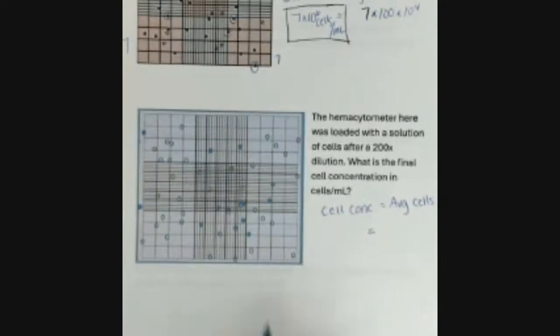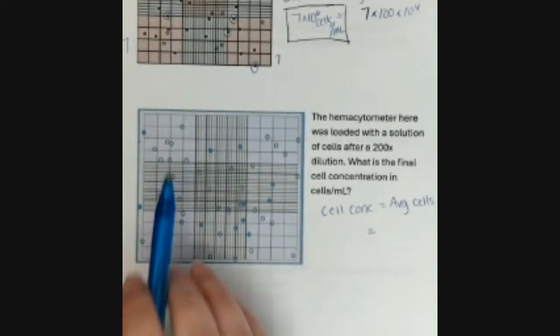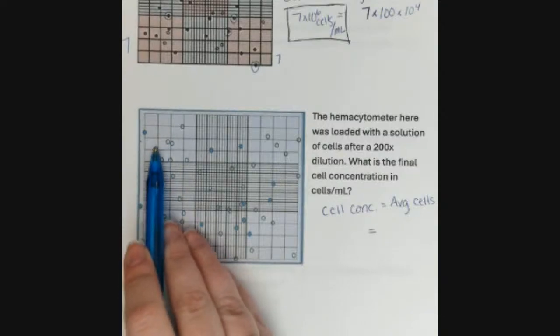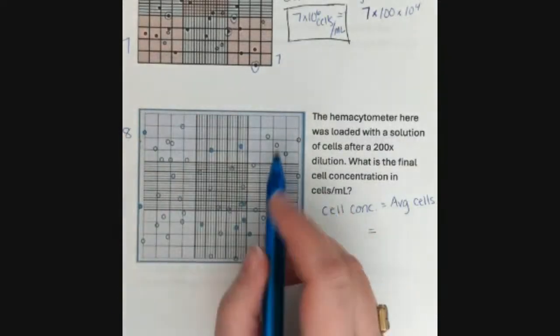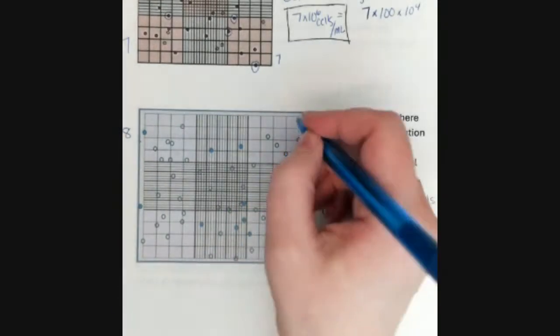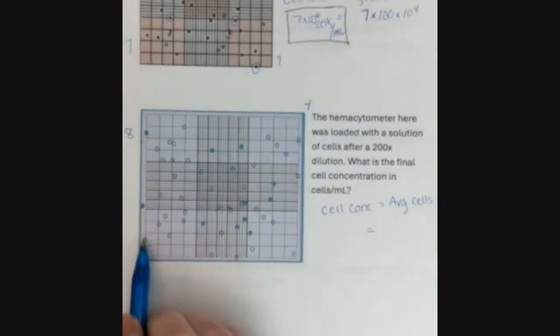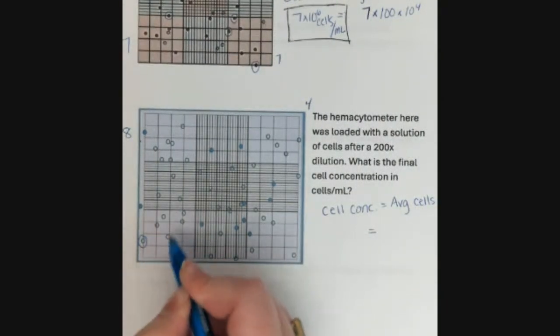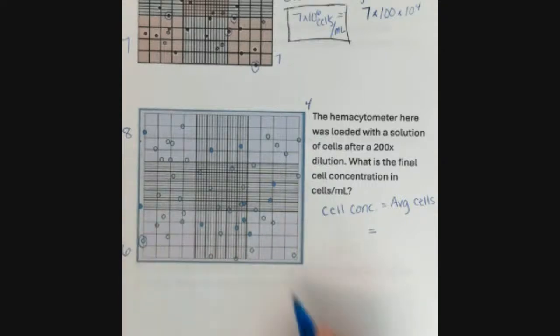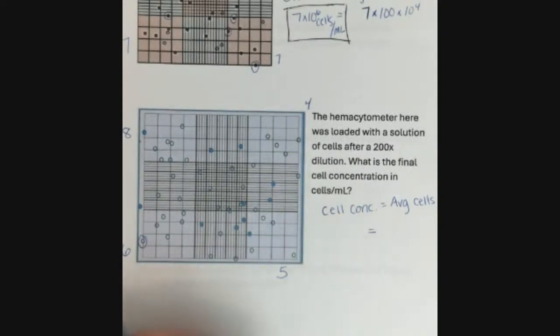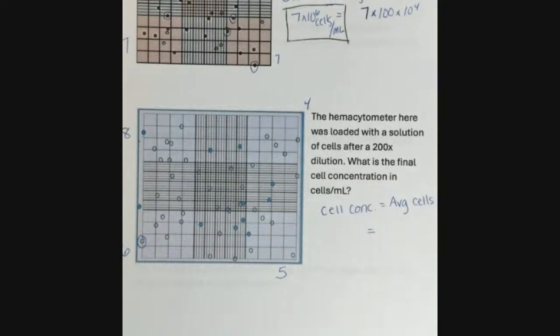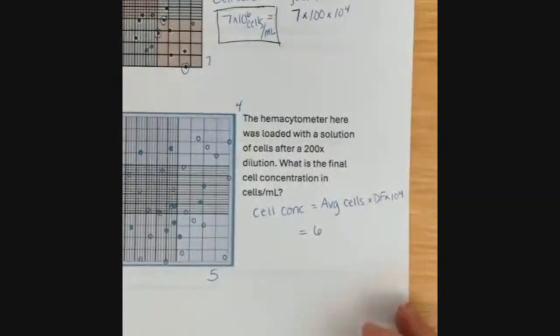So first thing I'm going to do is count the cells in my major squares and find an average. So 1, 2, 3, 4, 5, 6, 7, 8. 1, 2, 3, 4. I'm going to count this one. So 1, 2, 3, 4, 5, 6. And 1, 2, 3, 4, 5. So I've got 10 and 13, 23 over 4 is about 6 cells as my average cell count,